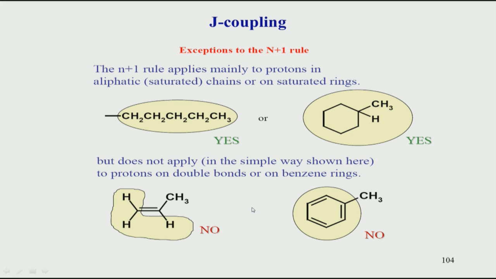We saw already the exception based on the coupling value. For example, if you look at this particular hydrogen here, it has a cis coupling to one hydrogen, one value, but it will have a trans coupling to this hydrogen, another value. Similarly, it will have a coupling to this hydrogen, some other value. So, if you ignore this hydrogen for the time being, even if you consider this hydrogen's coupling to this and this, you may think that there are two hydrogens, so its coupling will be n+1, that is a triplet.